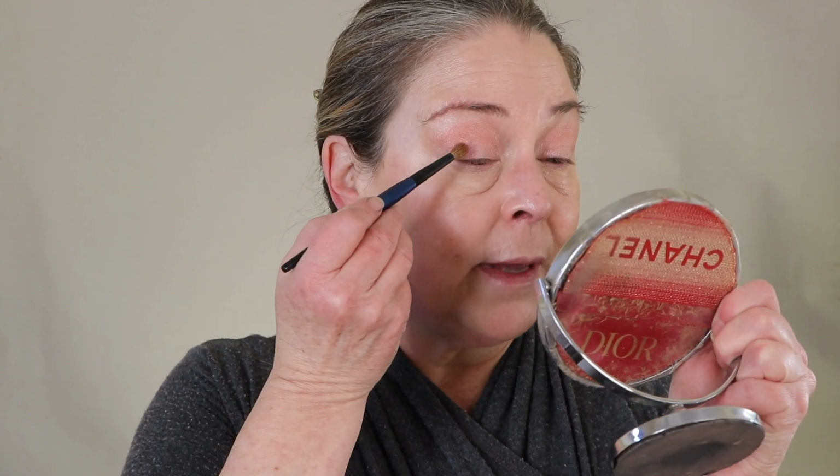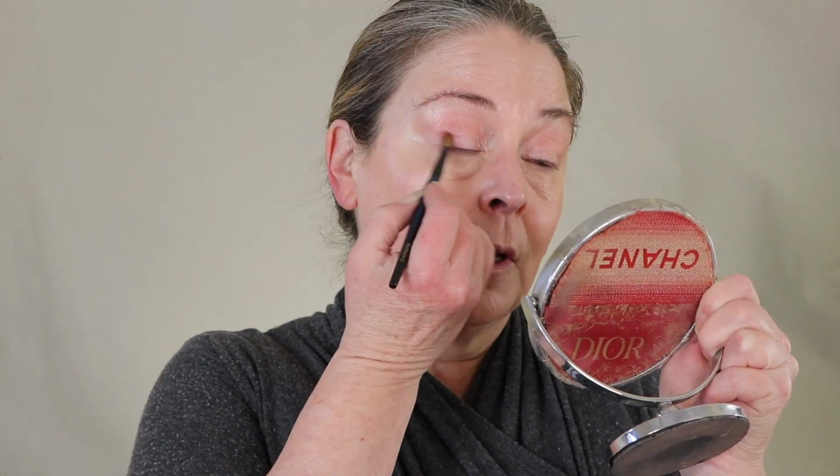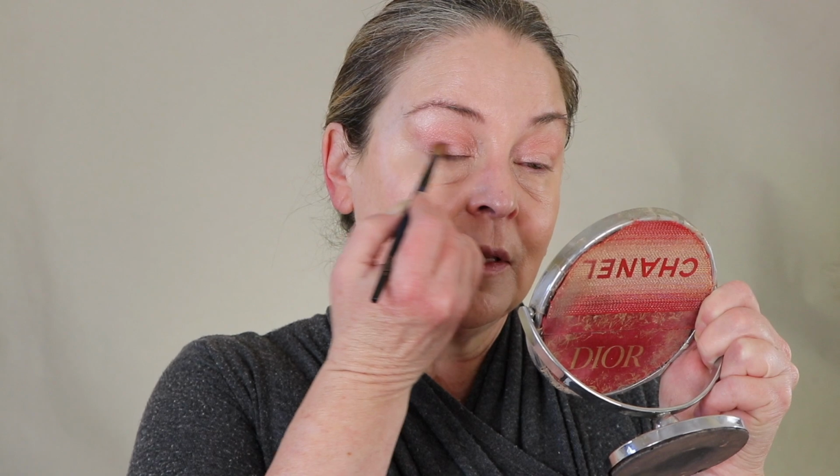This also Sonia G, and this is Dyed Goat. So this will pick up more and lay down more. And just do maybe outer corner. I love these. You know what? These feel like